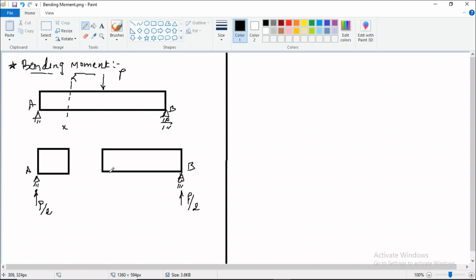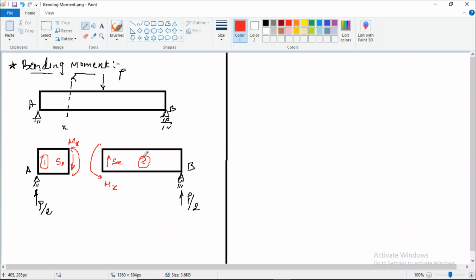Now to maintain the equilibrium, we have a force Sx which we applied in the previous case, plus we need to have a bending moment as well. So let us say that bending moment is Mx. Similar thing goes here as well in the opposite direction. This is part 1, this is part 2. So consider equilibrium of the left hand free body diagram. So for equilibrium,